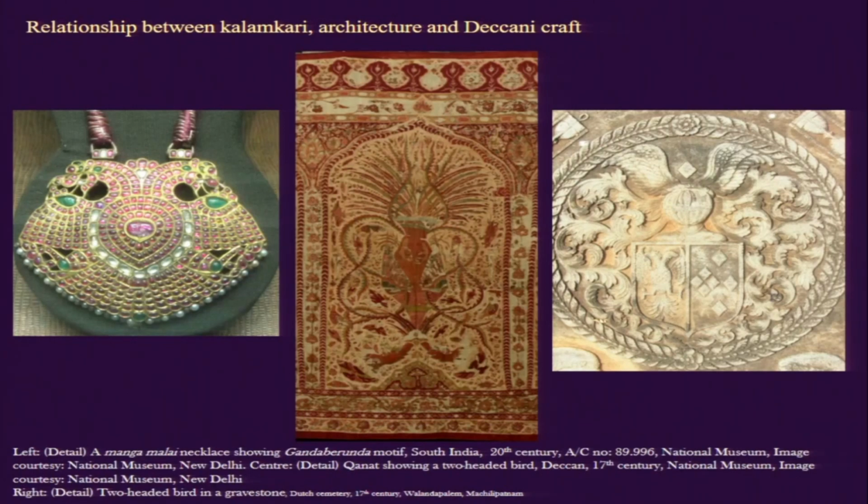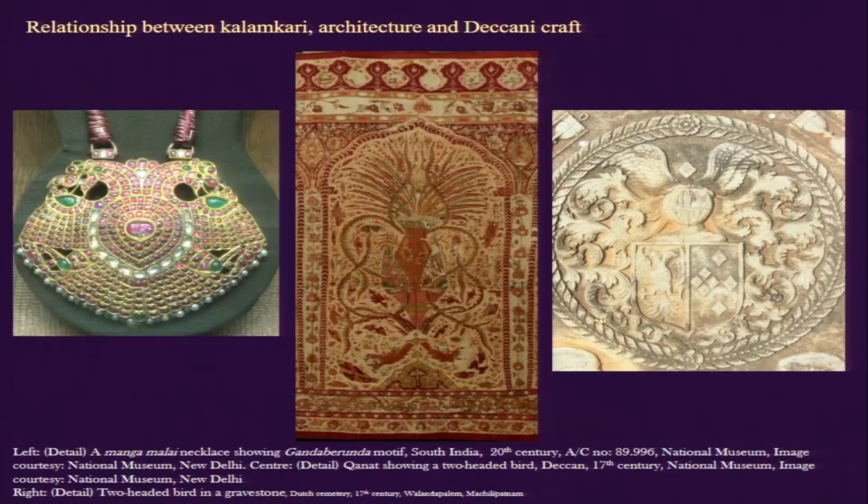So at the center of this slide we have an image. It's a detail from a longer panel, and it's a tent hanging or kanat. In this one we see a dynamic double-headed bird with a dragon-like face, and in its beak, even though it's not very clearly visible in this area, there are two elephants, and this bird flies downwards. It's very dynamic, its feathers are flying everywhere, and it reminds us of the Chinese phoenix motif.